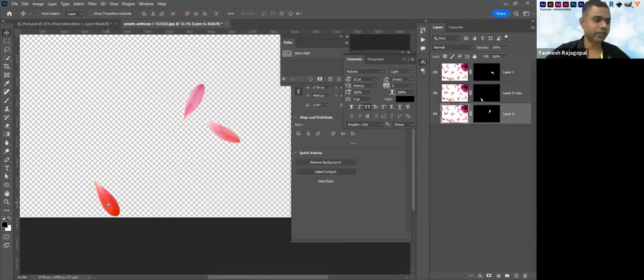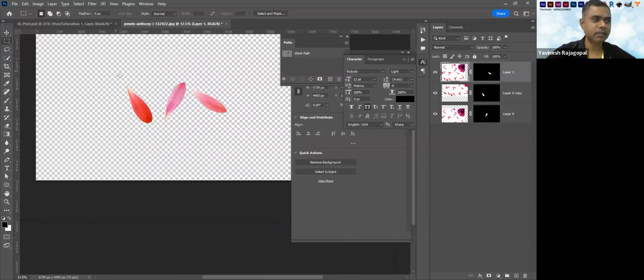Okay, so you can put it together and then you can save it. Okay, you can use your move tool to move the objects. Select the layer and then you move it. Something like this. Then you can crop the image. Okay, or another method is, instead of you save it as a different file, you can also use your